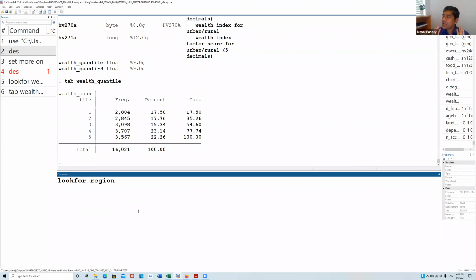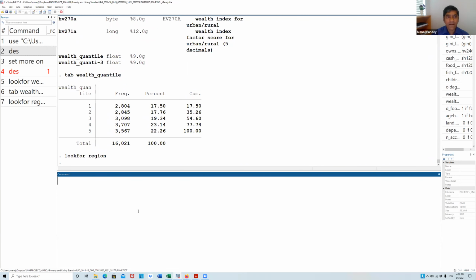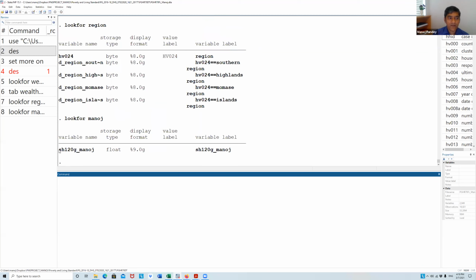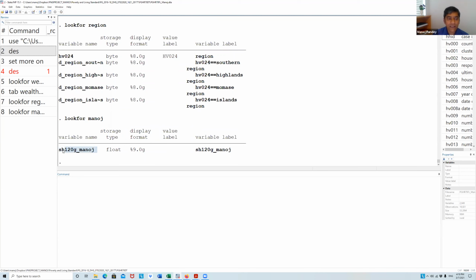So if you want to look for a variable, you just say lookfor region, lookfor Manoj, lookfor any variable name, and done. Lookfor Manoj. Is there anything here? Yes. One variable with Manoj, because I created this variable, so it is there.